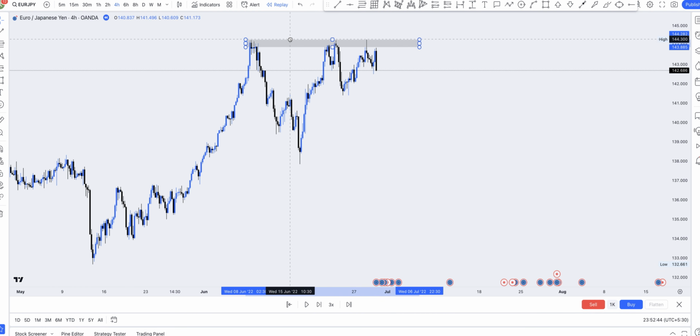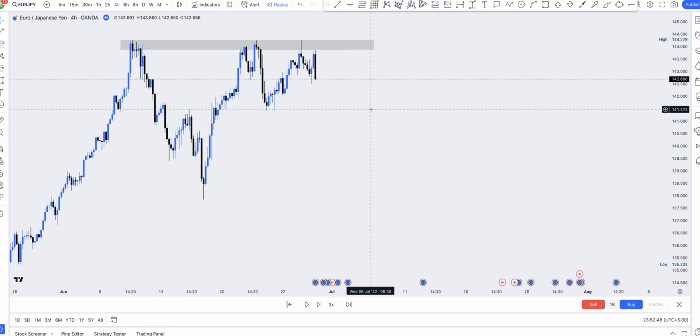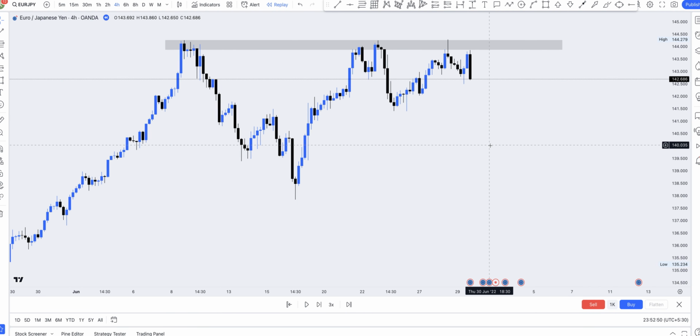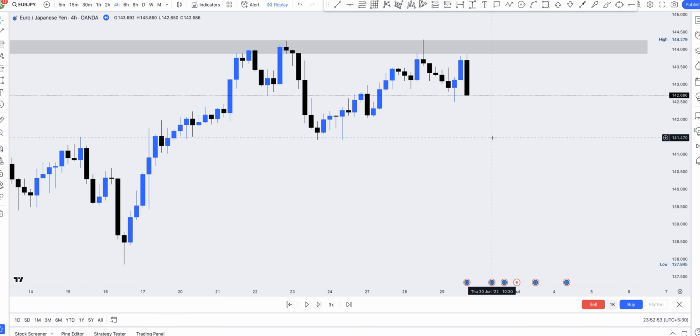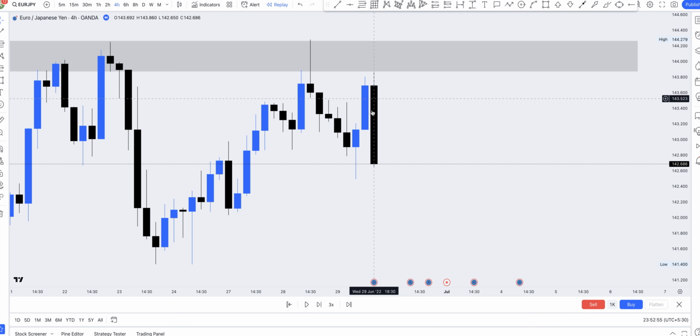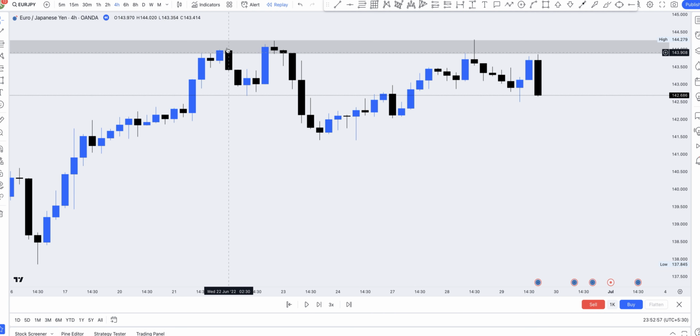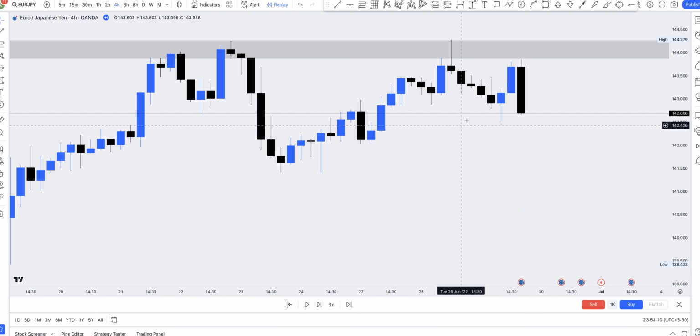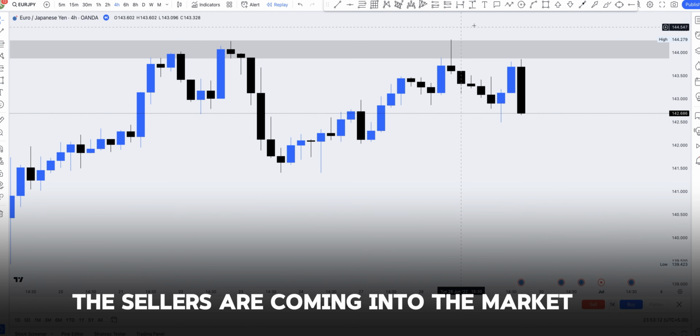So this is my support and resistance zone. And what did I spot again? We have this engulfing candlestick here. This is the engulfing candlestick. You can see that price has started losing momentum. This high has not broken, this has not broken, this too has not broken. So price has started losing momentum towards the downside, telling us that the sellers are coming into the market,